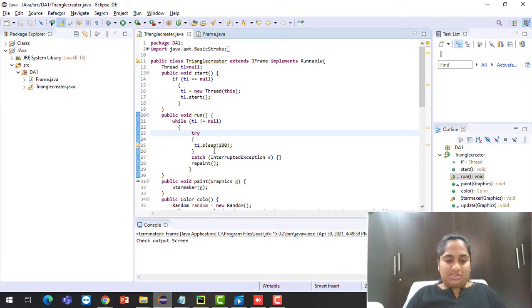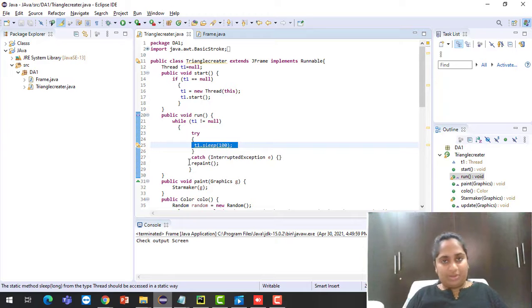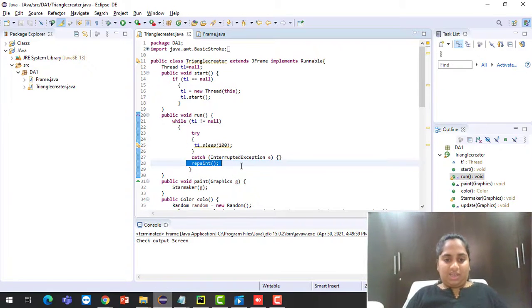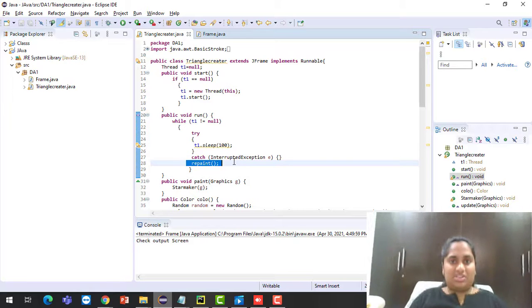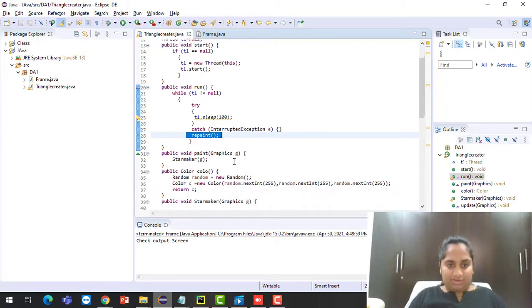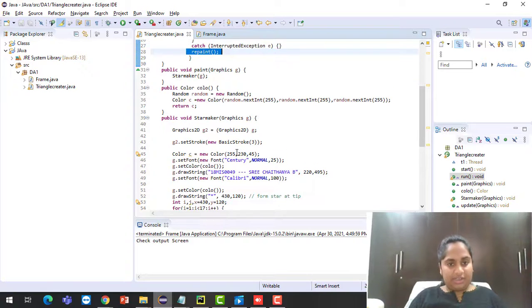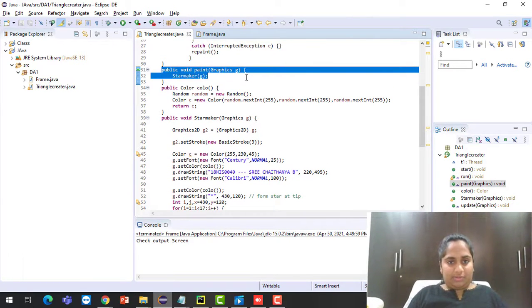Here I have used the exception case of try and catch, where t1.sleep(100), for every 1 millisecond the thread will call the repaint method. So for every 1 millisecond, the thread will be repainted. Now getting deeper into it, I have also created a method paint in which I have called